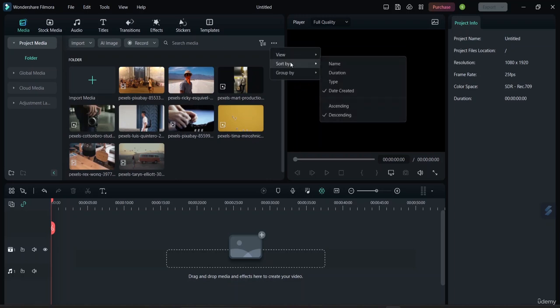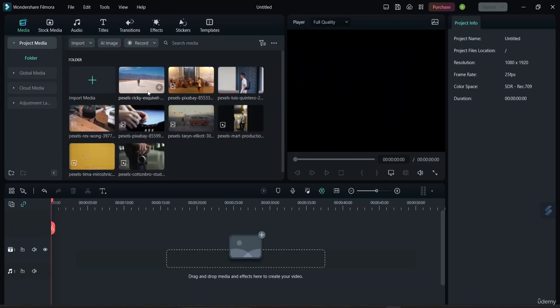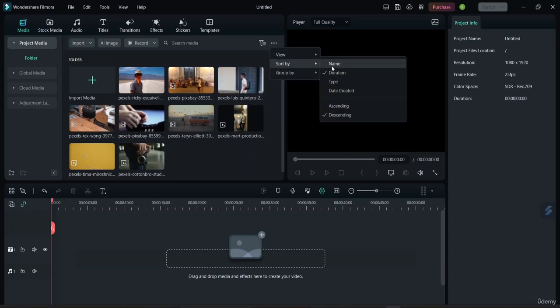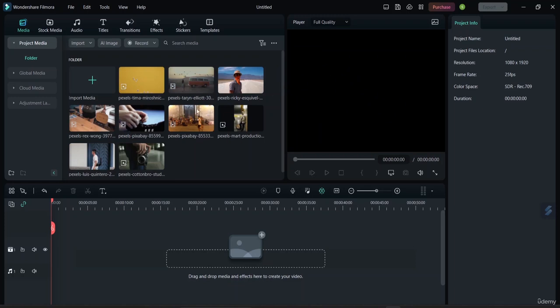And let's see here, we can also sort it by name, duration, type, and which date it was created. We can also keep it in an ascending or a descending order. If I do it by duration, you can see here it came by duration, and this one here, as you guys can see. Okay, I'll just keep it simple, by name. And we do have another option here,